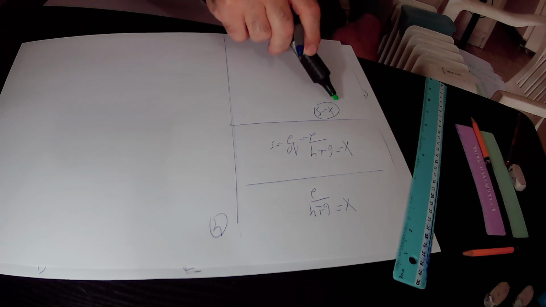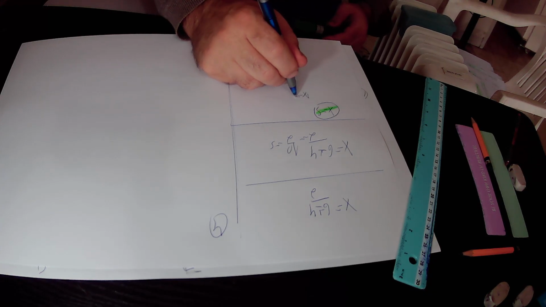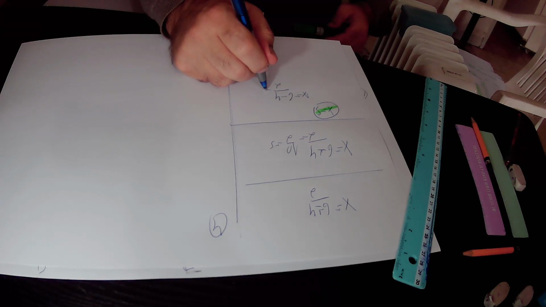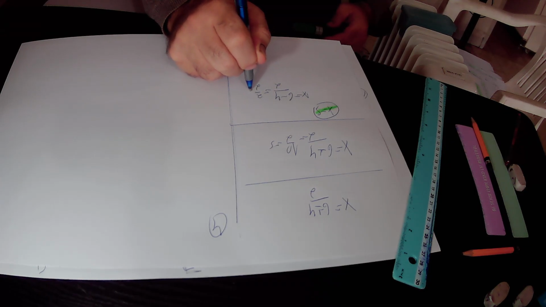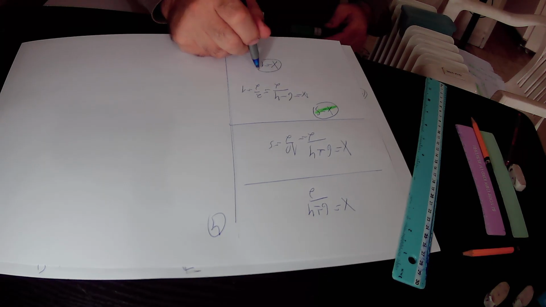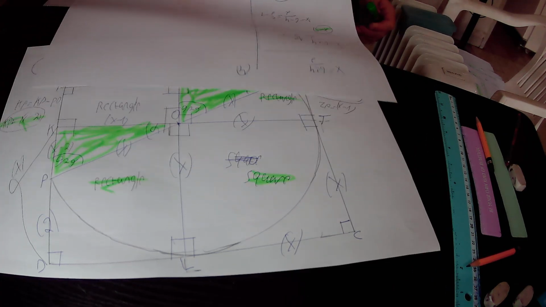The second solution for x is as follows. x equals 6 minus 4 over 2. 6 minus 4 is 2, and 2 over 2 is 1. So the second solution for x is that x equals 1 unit in its length. But x can never be equal to 1